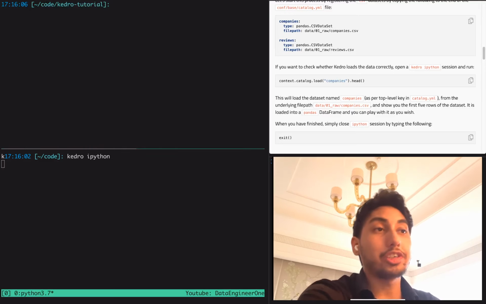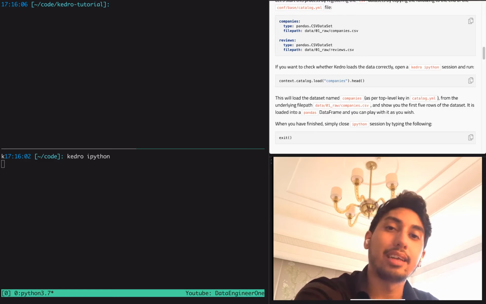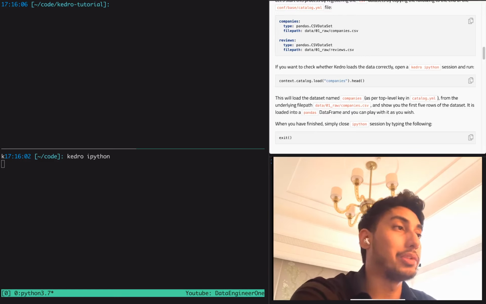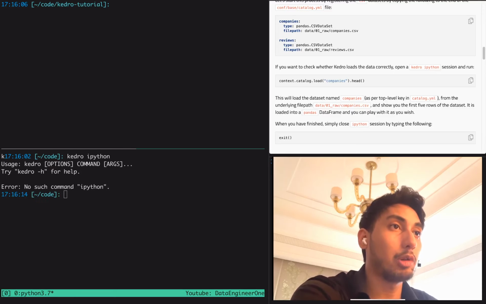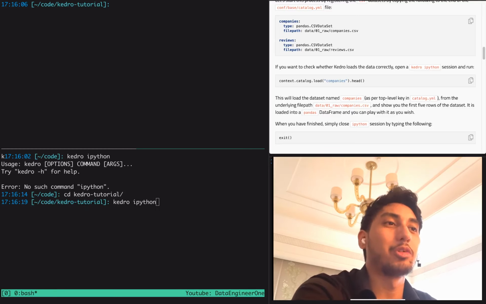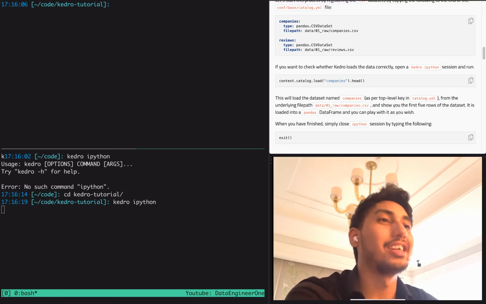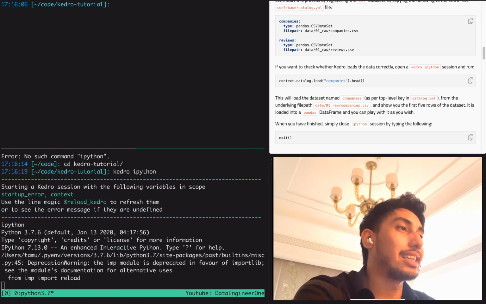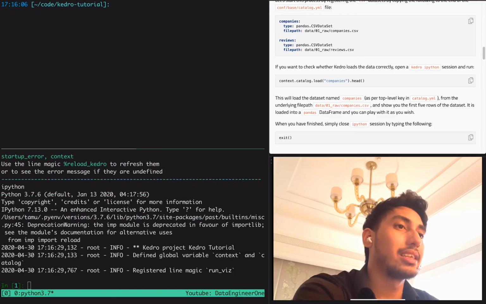And so this will start up an IPython REPL with Kedro context already available. So there's going to be the catalog that's available. Oops, the reason why that didn't work is because I'm not in the correct folder. You've got to make sure that you are in your root folder, and in our case, it's Kedro tutorial. So here we are, we have the IPython started up, and we can go ahead and type in context